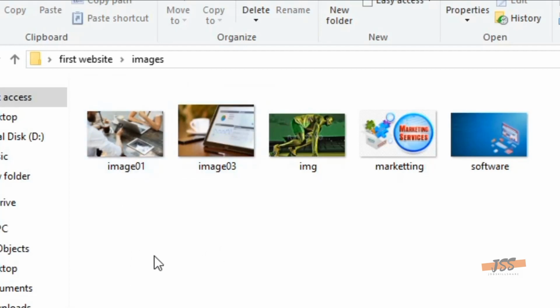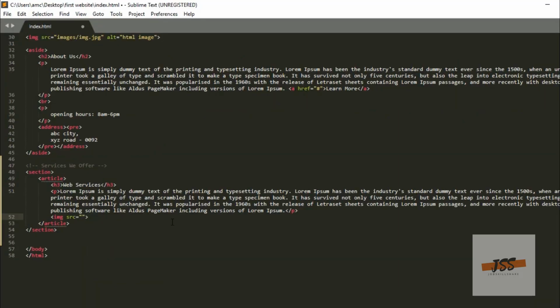So I have to give the source of this image. Here I am writing the folder name which is images, and then the image name which is image01.jpg. Then add the alt attribute and add some text, let's say